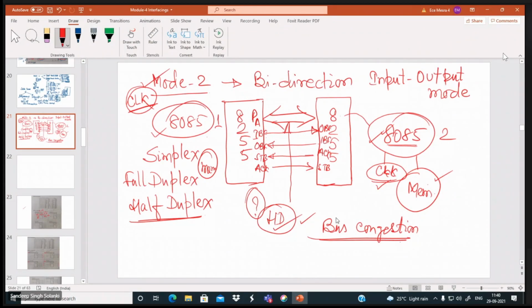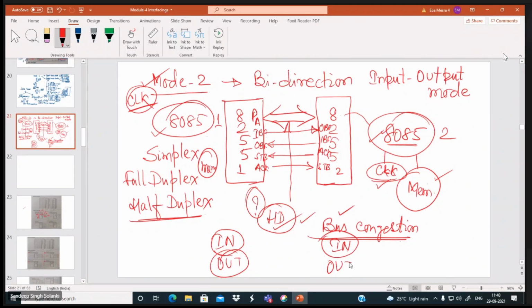But what I am saying, in case of bus congestion, due to the different clock period, a moment may arise where this 8255-1 and this 8255-2 both may try for inputting at the same time, or outputting at the same time. Or due to the time mismatch, one may be trying for input, but in the midway, another starts with the output. So these situations are arising.